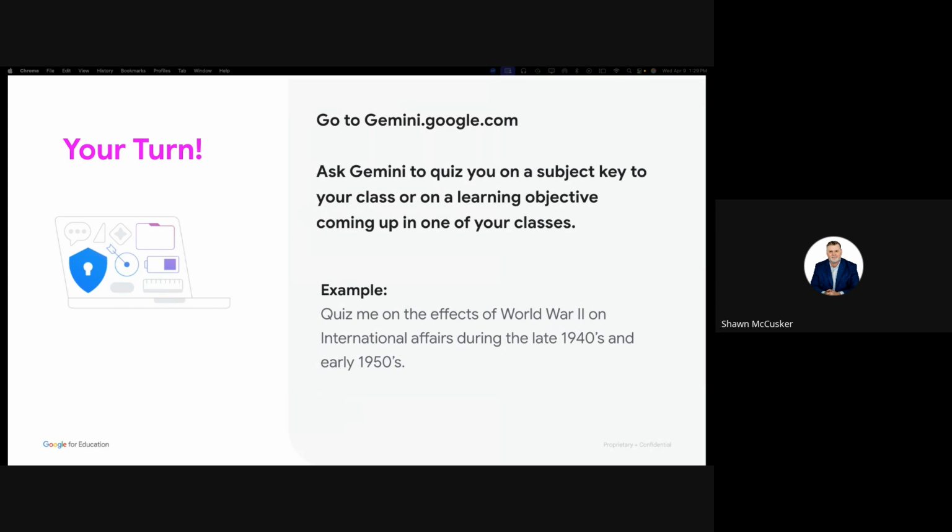For those of you who just jumped in, right now we're giving people a chance to try the quiz features of Google Gemini to see how well they're working. So you can go into Google Gemini and ask a question like, quiz me on the effects of. So pick a topic in your class and ask it to make a quiz and go through the experience of being quizzed on that topic. We'll be back in about 2.5.